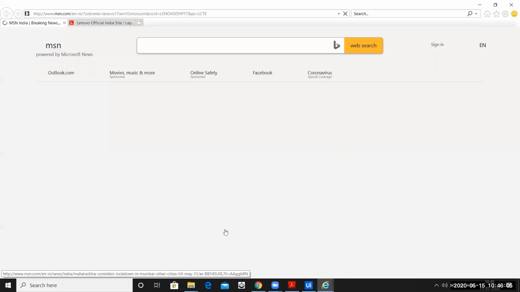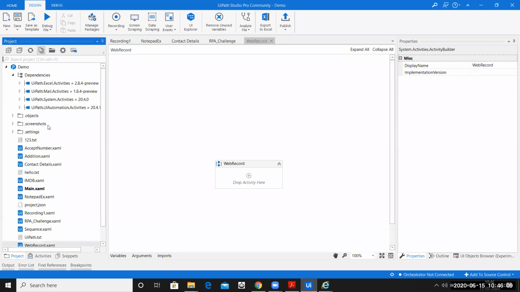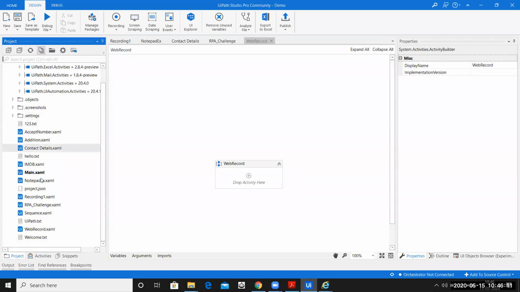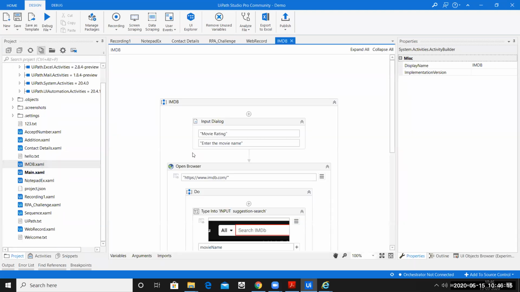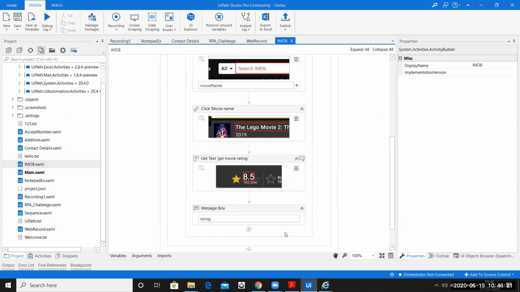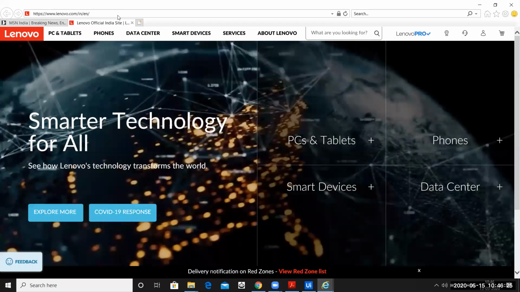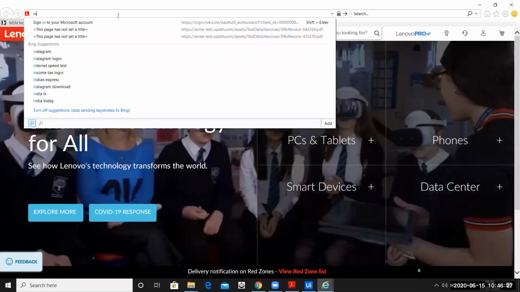So we'll do the same example that we have already done so that it is much more familiar to us. So we did the IMDb movie rating. There you go. So we can go ahead and do the same example over here. So we can go ahead and do the IMDb movie rating. So we'll simply open up the IMDb website first over here.